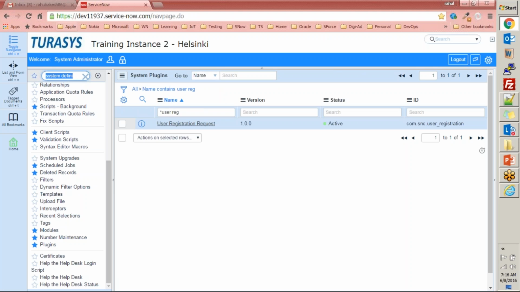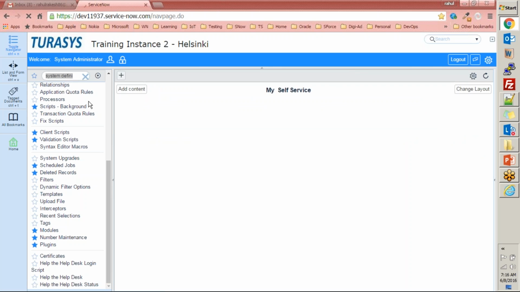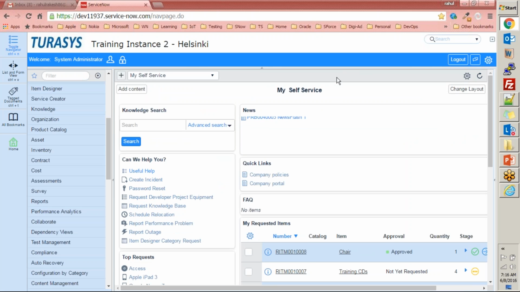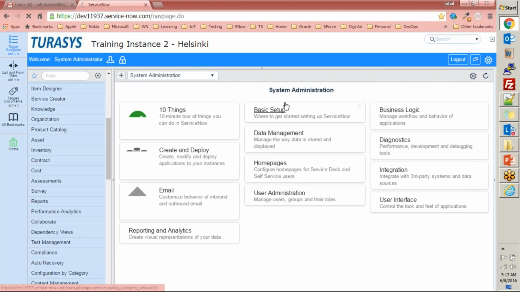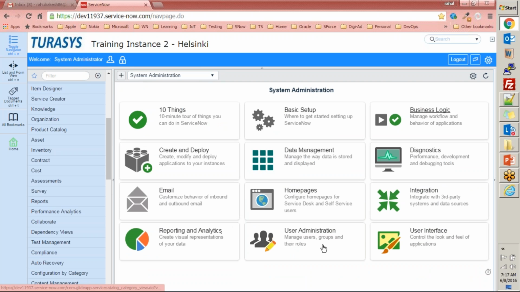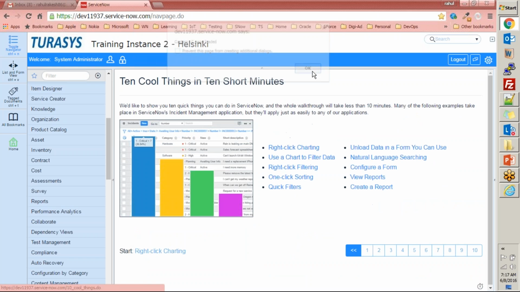Like the properties for configuring this UI, setting up the email, etc. On the same lines, you have different other properties that you'll be using to configure different stuff. How can you do that? One way of doing that is you go to system administration. You have these links here, these cards. Pick the appropriate card that you want to edit. Go into it and then change the property values there, right?